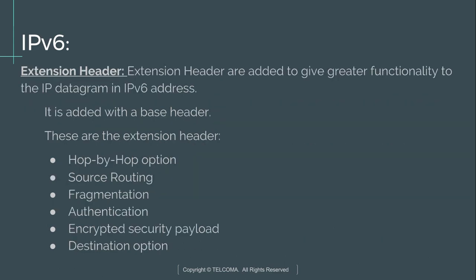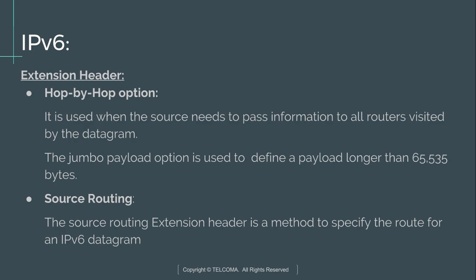And next is the extension headers used by IPv6. Extension headers are added to give greater functionality to the IP datagram or IP packets, and they are added along with the base header. These extension headers are hop by hop option, source routing, fragmentation, authentication, encrypted security payload and destination option. So let's discuss these extension headers. The first extension header is hop by hop option. It is used when the source needs to pass information to all routers visited by the datagram or the